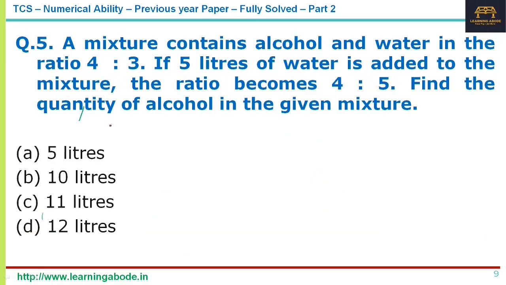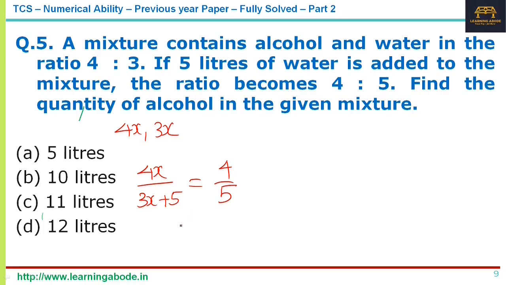Now question number 5. A mixture contains alcohol and water in the ratio 4:3. So you can write the values as 4x and 3x, and 5 liters of water is added to the mixture, and the ratio becomes 4:5. Okay. So you have 4x by 3x plus 5. Now that's the new ratio, 4 by 5. Okay. So usually I follow the alligation method, but for this question, with the given numbers here and the type of question,